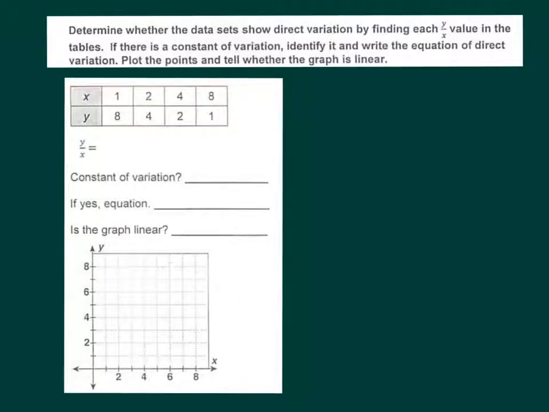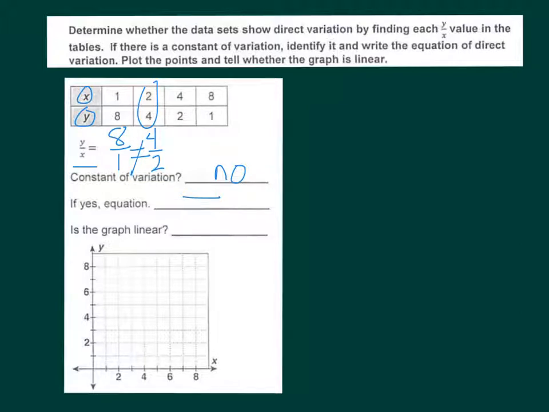To see if we have a direct variation in a table, we want to compare our output to our input. So we want to compare our y over x values. 8 compared to 1, that would be like $8 for 1 ticket. And then we look at our next set of points, 4 compared to 2. Those are not equal ratios. So we do not have a constant of variation, so we will not be able to find our equation,